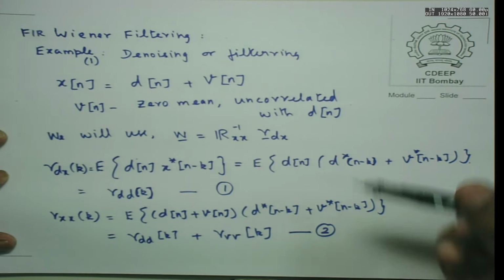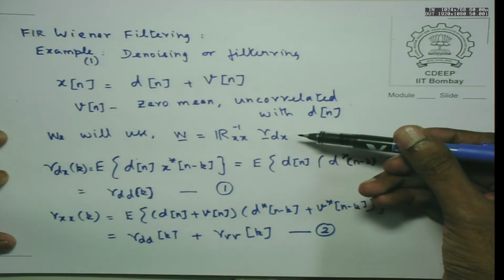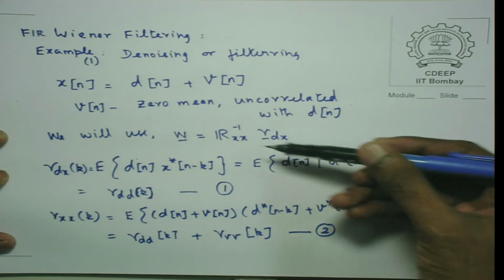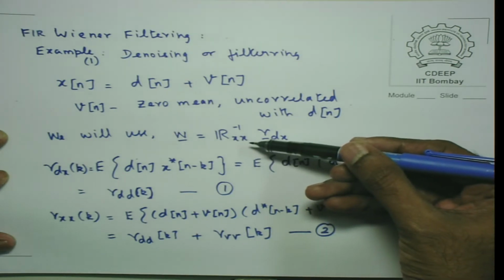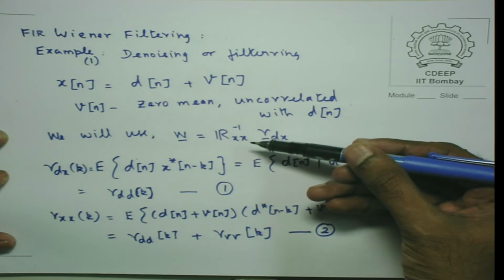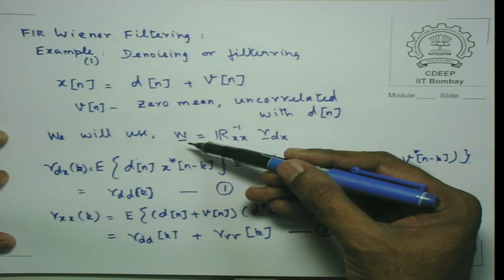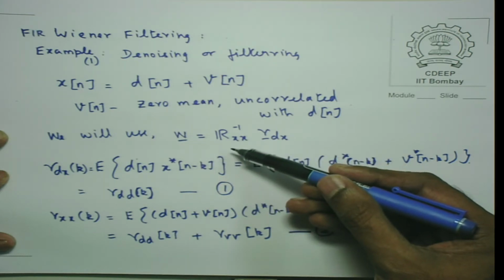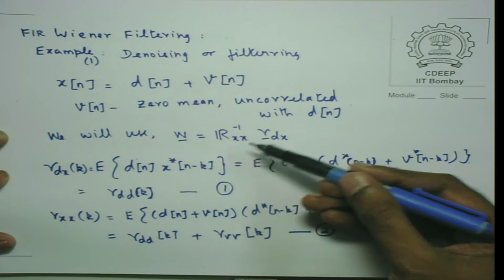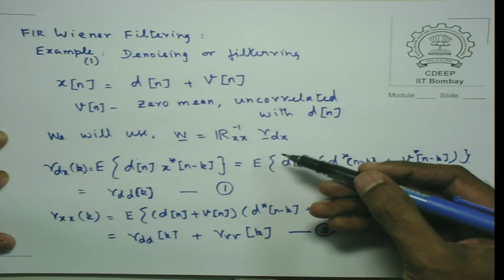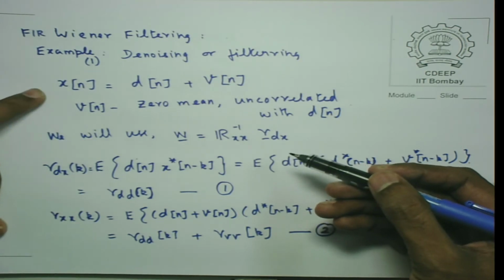So yesterday in discussion we had looked at how to obtain the optimal filter, which essentially was an FIR filter depending on the input signal X, and assuming that input signal is corrupted by some noise. If we are interested in designing this filter, that filter's coefficients are denoted as W. So the expression we had derived was this inverse of the autocorrelation matrix times the cross correlation vector RDX. Right? So this is what we want to apply, and the problem we are considering is, let's say, just a